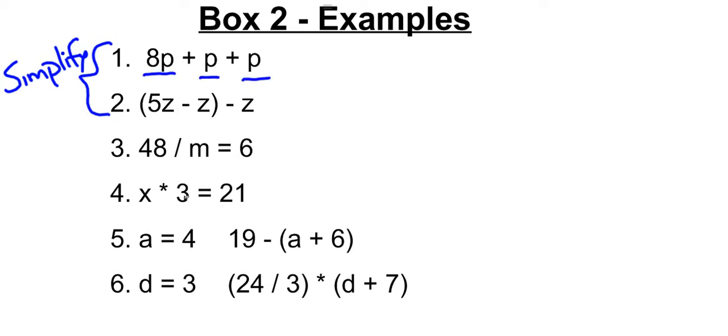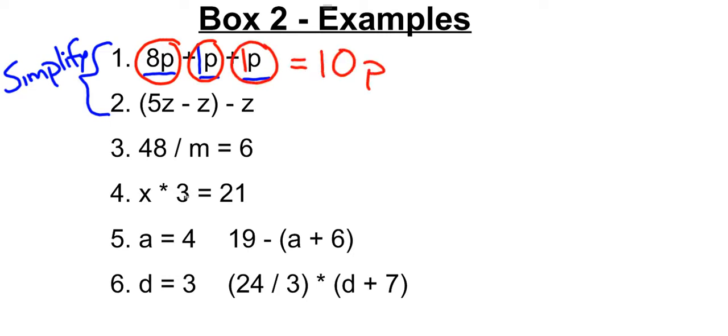You'll notice there's no number by 2 of those p's. If there is just a letter, we know that in front of that is actually 1, because 1 times p would still be p. So if I add these up together to simplify, I'm going to take 8p plus 1p plus 1p, and I'm going to get